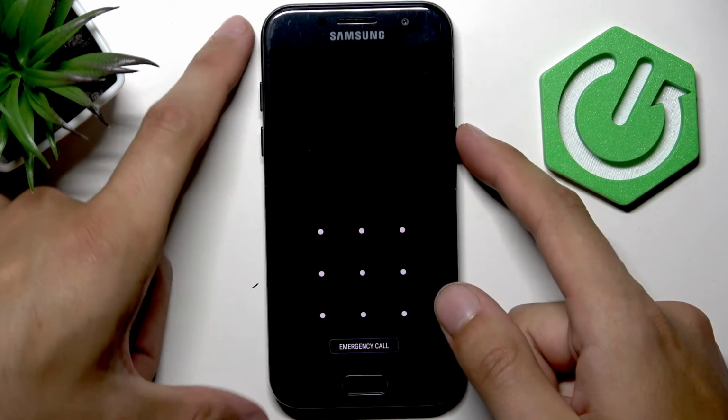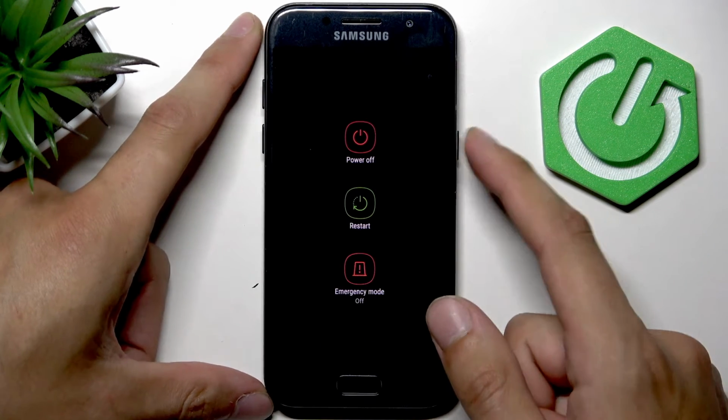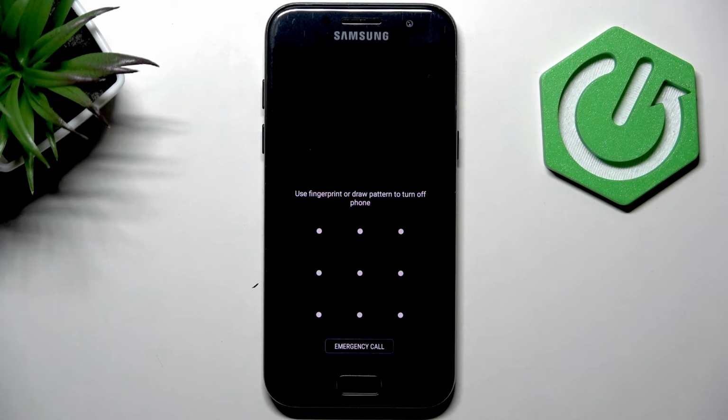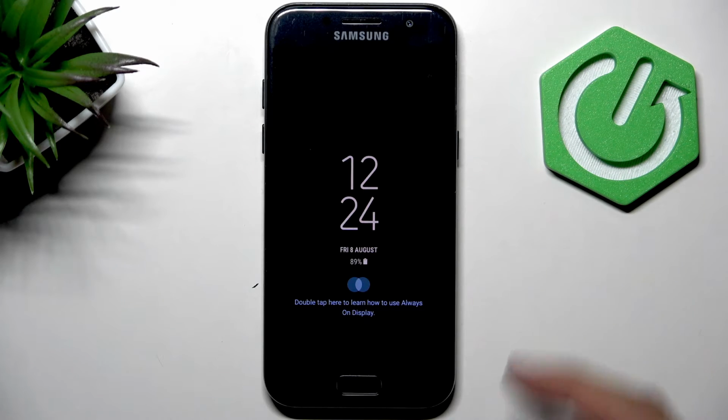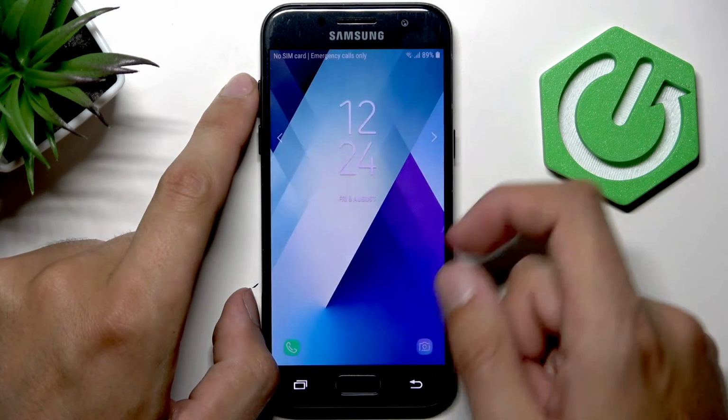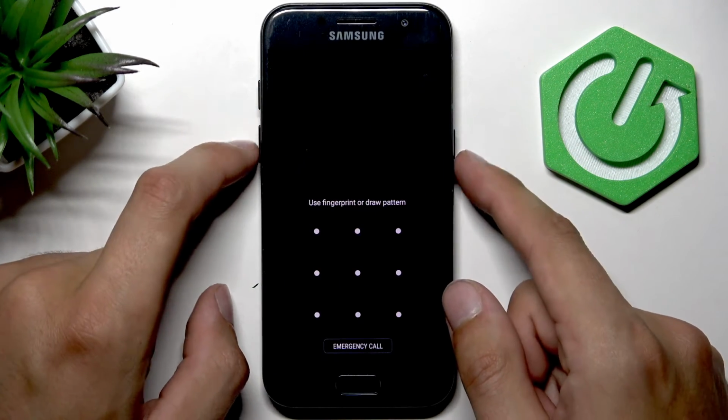Now, since it won't let you turn off your phone normally, well, wait. Before you do this, you should first try to contact brand support or an authorized service center to maybe get their help in recovering your device. But if that's not an option or they can't help you, you might have to perform a factory reset yourself,